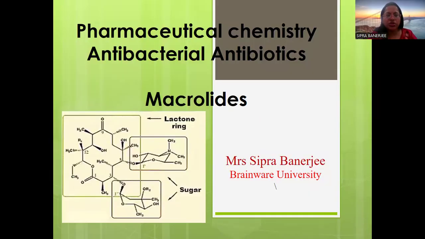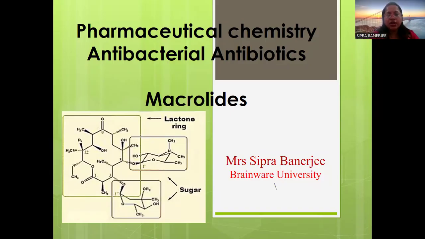Hello everyone. Today we will be starting the chapter on macrolides. That is an important antibiotic coming under 6th semester medicinal chemistry. So we are learning different types of antibiotics in this category. Macrolide is one of the antibiotics, as we have classified the antibiotics into different categories according to their